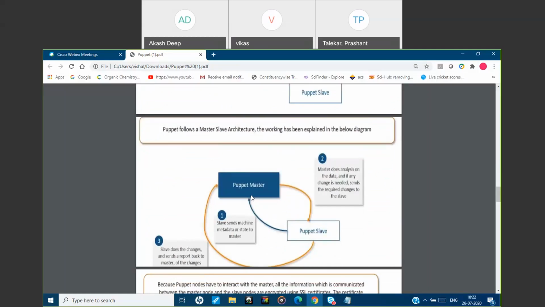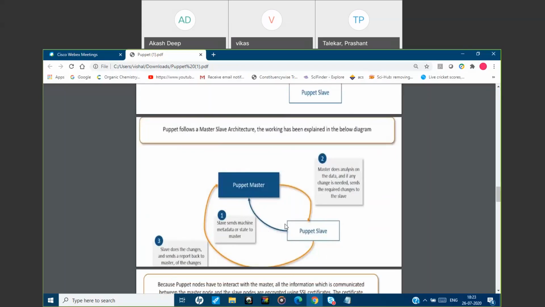First, you will have your puppet master, and you will have your n number of puppet slaves. As this is a pull configuration management tool, communication will be initiated by the puppet slave. The puppet slave will be initiating the communication all the time. The slave sends machine metadata or state to the master.